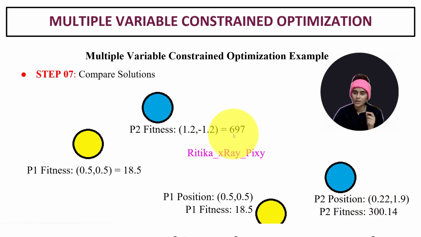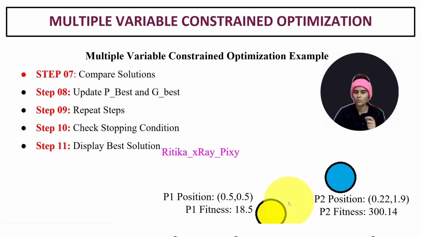For example here for the first particle it is the same, no change, we will consider this. For the second particle, when we consider the personal best fitness value, you can see for the second particle it is 697, and the new one it is 300. So the new value we obtained matters, so we will consider this. So for the second particle we will consider this new position and this value as the best value. Now when we update the global best, then we will select the best among all. Right now, for the first particle the fitness value is minimum compared to this particle, so we will consider this as the global best